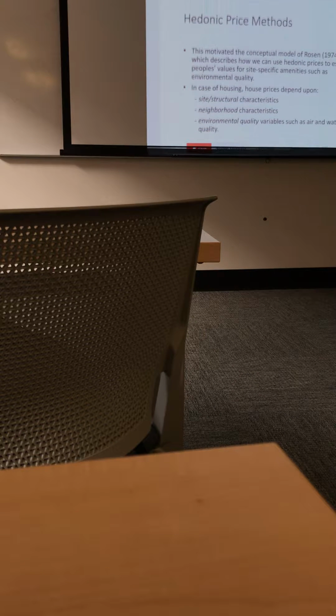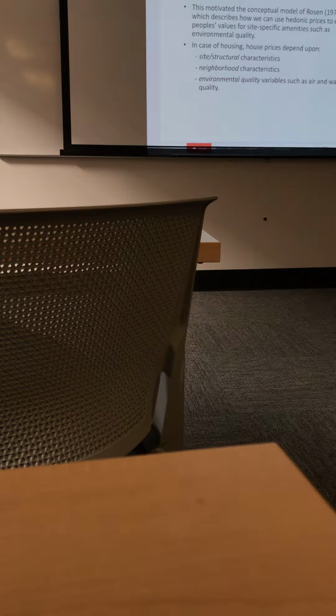So the first paper that ever tried to use this characteristics theory of value to get at the environmental attributes of housing was this paper by two guys, Ridker and Henning, back in the 60s. They looked at sulfur dioxide and sulfates in St. Louis, and they found that people generally don't like bad air quality. But there wasn't much theory in that paper. They found that houses that had bad air quality sold for less. And it kind of made sense.